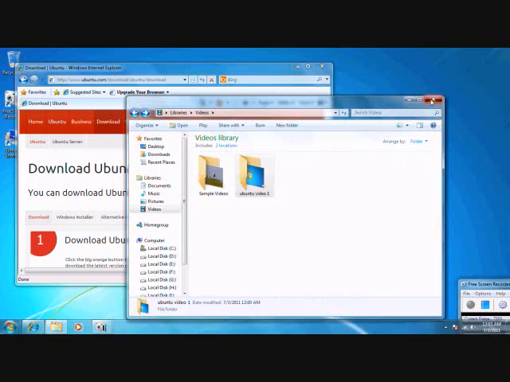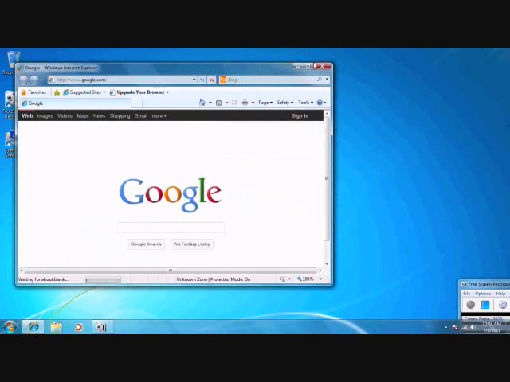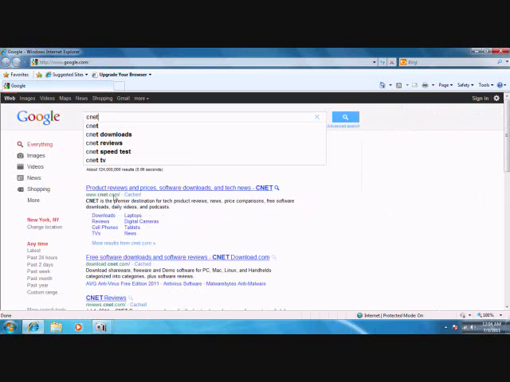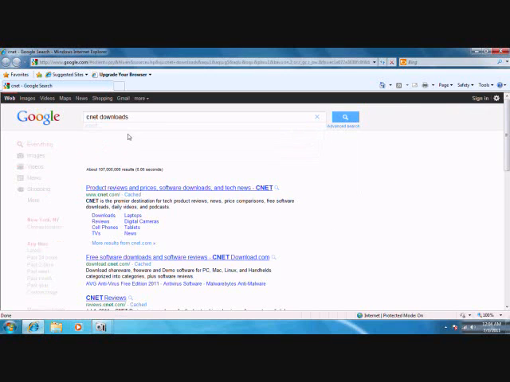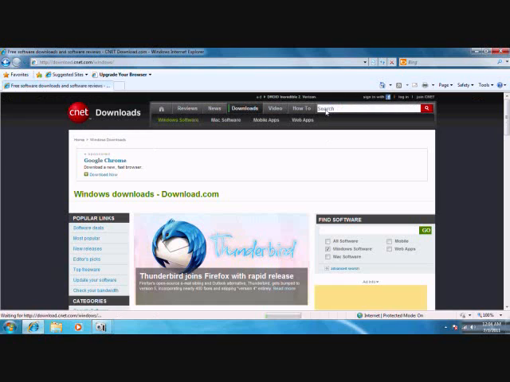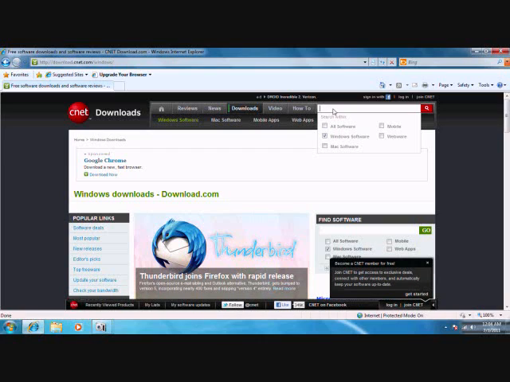I X out of here, X out of here, X out of this page, open up another web browser. Now we're going to go to a site called CNET downloads. Type in CNET and go to downloads, highlight downloads, and now go to free software downloads and software review, cnetdownloads.com. Then go into the site, go to the search up here, highlight that, and in the search bar you type in .iso spacebar